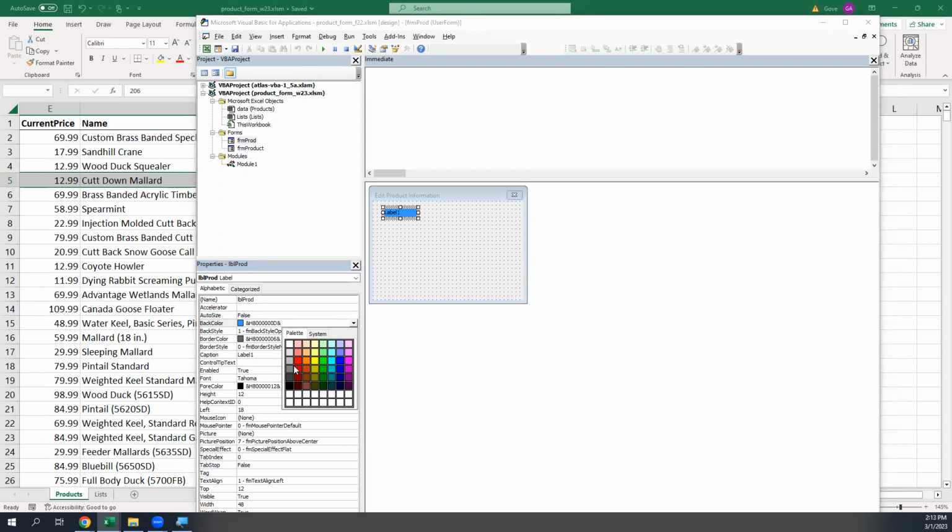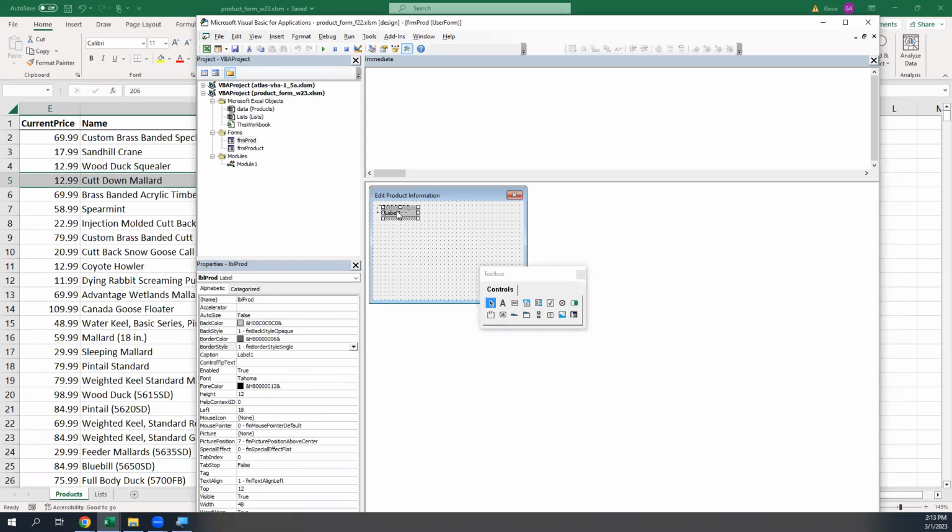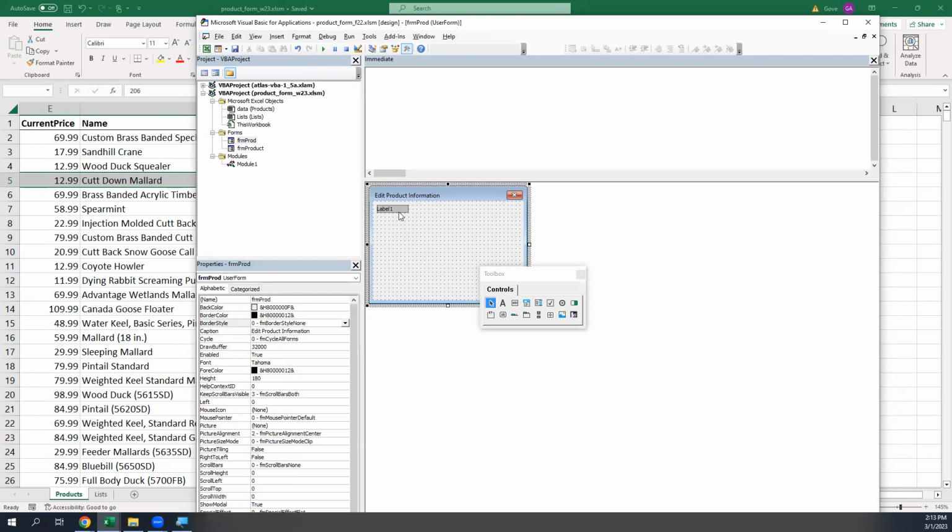their system's configured. I want this to be kind of a darkish gray, like a little bit darker than the background. So which one did I choose for that? Like the third one down on the left column of the palette choice. And it's not critical you have the same color as me, but we're setting the background color. I'm also going to put a border around this. I want the border on this to be, instead of none, so border style, I'm going to change from none to single. And that looks pretty good. That's going to give me, kind of looks like a data field, even though it won't be editable for the